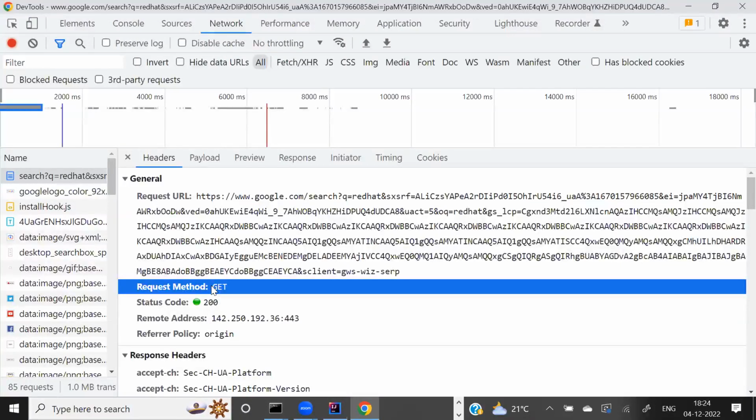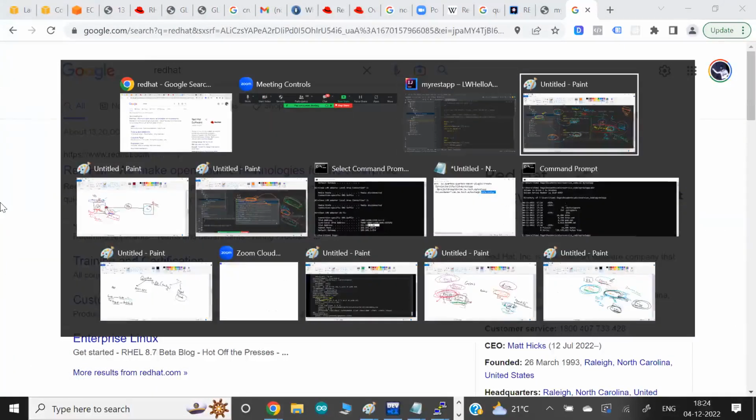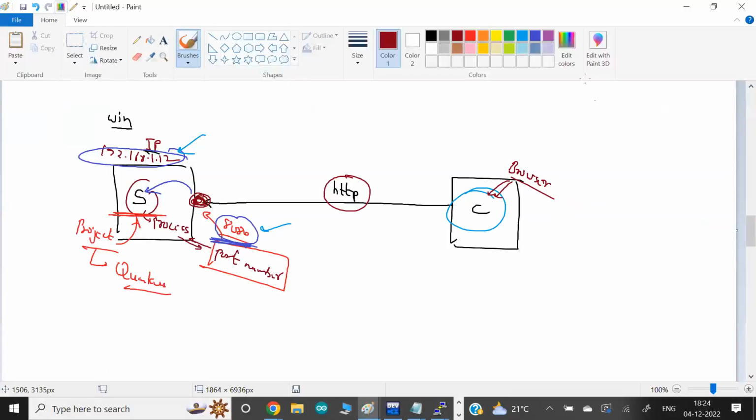If you want to use other methods, how to use those methods, we'll discuss. But for your browser, whatever URL you type, by default it always sends GET. So client browsers, when you type the URL, especially in the address bar, by default use method GET only. If you want to use other methods, like POST and other things, we will see how to do that.